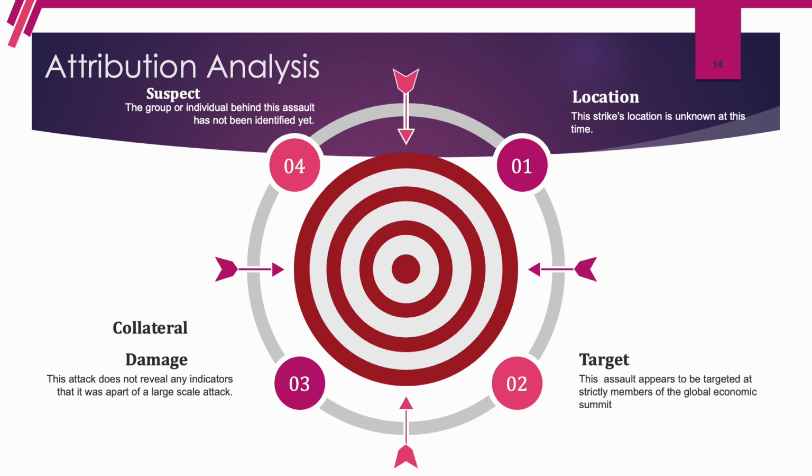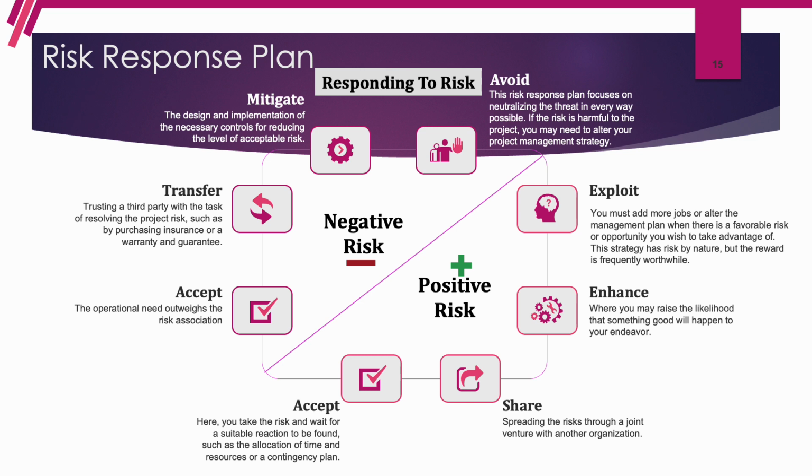So in this case, it appears that the members at the summit were the target, and we are not collateral damage, and there has not yet been a suspect, a group, or an individual that has been identified for being responsible for this attack. The risk response plan deals with taking negative risks, or subtracting risk, or adding to a